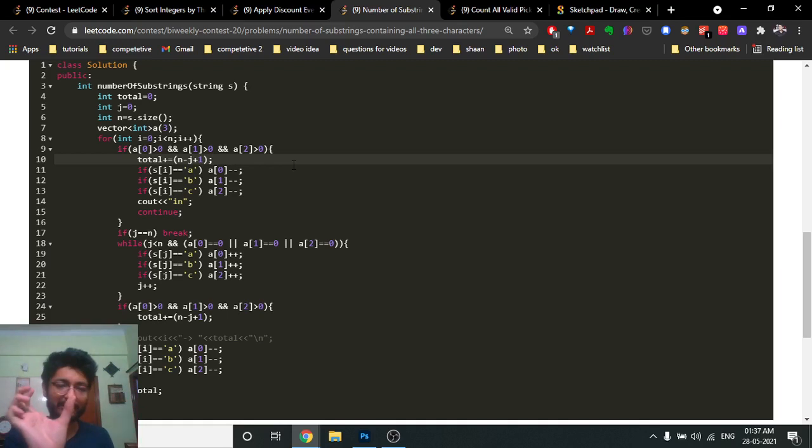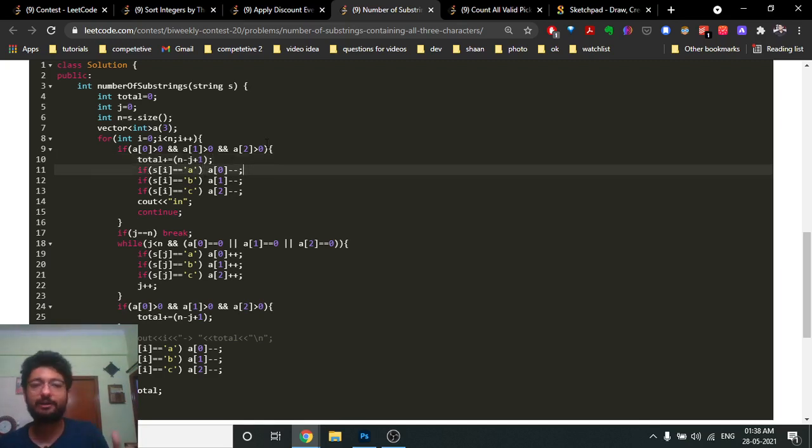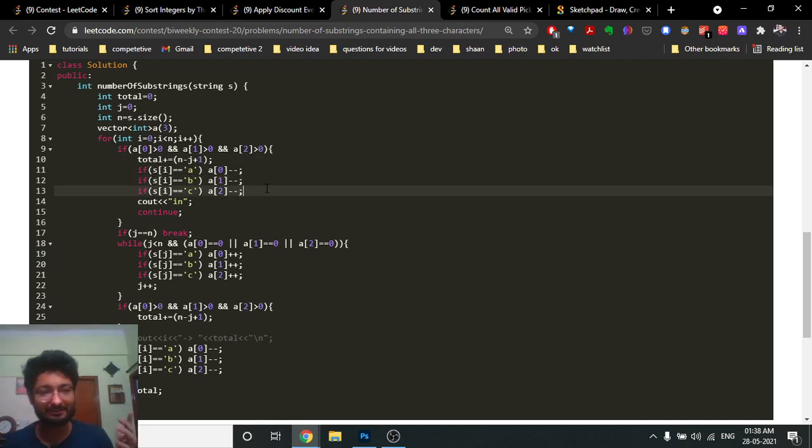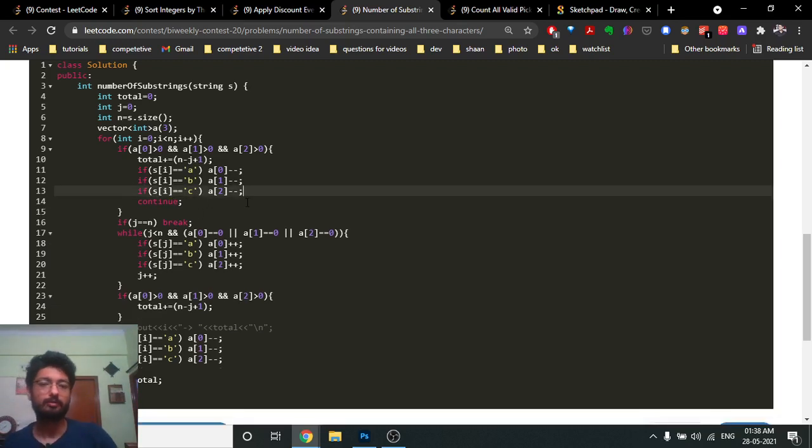Now what I will do is move my left. Because I have found one section and added it, I will move my I to the next point. I have to subtract the particular position at which my left pointer was. If my I was at A, I'll subtract my A value by 1, or my B value by 1, or my C value by 1. You can just remove this, it's not required, I will check it out. It is just telling me that because you have found one particular section, my next step is to move my I from left to right, and do the same thing.